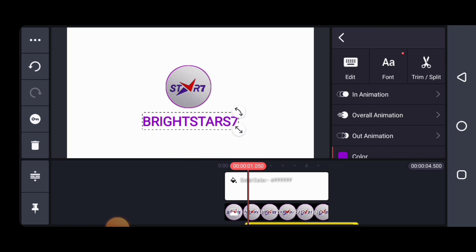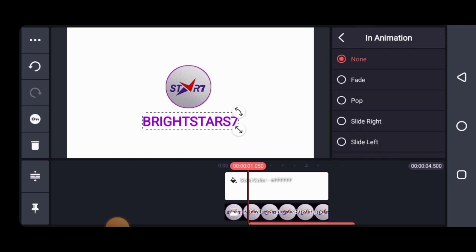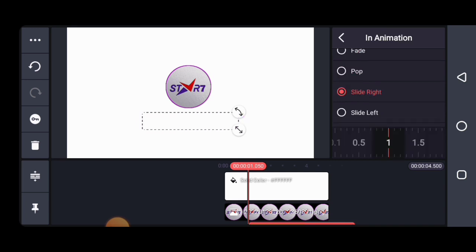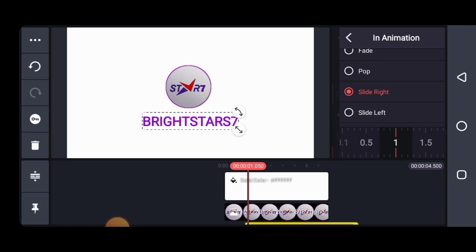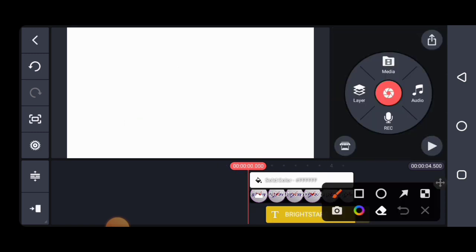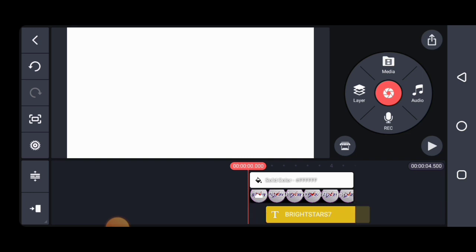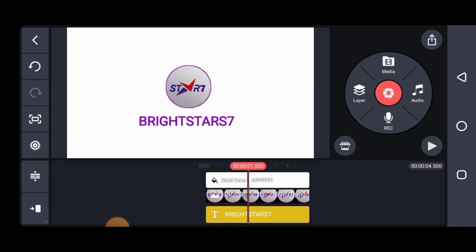Now I want to animate my text. In animation, slide right. I think this is okay. And make sure this text is aligned on the timeline. You can see it's not aligned. Tap and hold your hand on the text and drag it to the left side. Now after we add text,